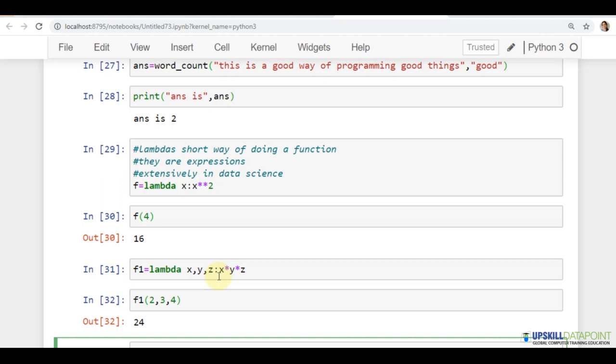Those who are beginners, those who don't have any idea about programming, you just get this particular concept that lambda is basically an expression where we pass any value, any argument what we need and what that argument is supposed to do. So this is your argument and this is the expression, and we stored the result inside this particular variable. So when I call it, it's going to execute whatever was mentioned in the expression.